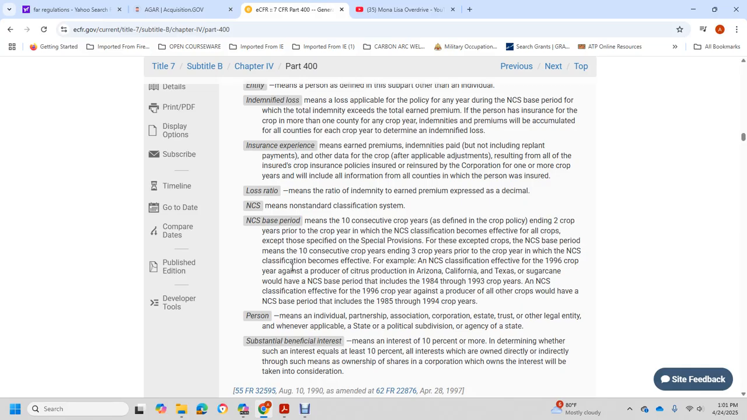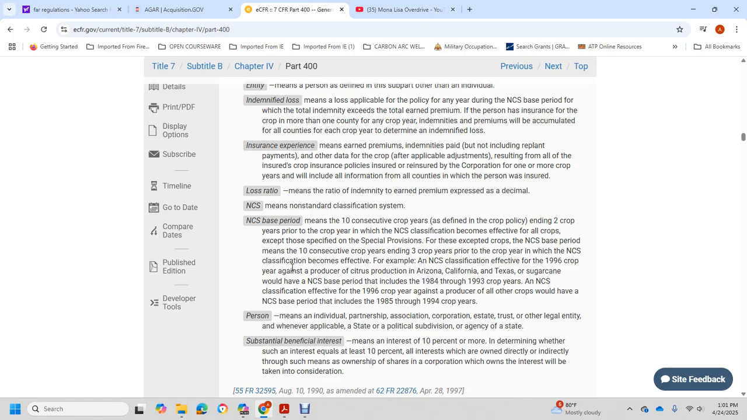For producers of shirts, provided in Arizona, California, Texas, and sugar cane, the non-standard classification system base period includes the 1984 to 1993 crop years. The classification becomes effective for the 1996 crop year. For all the other crops, the non-standard classification system base period includes the 1985